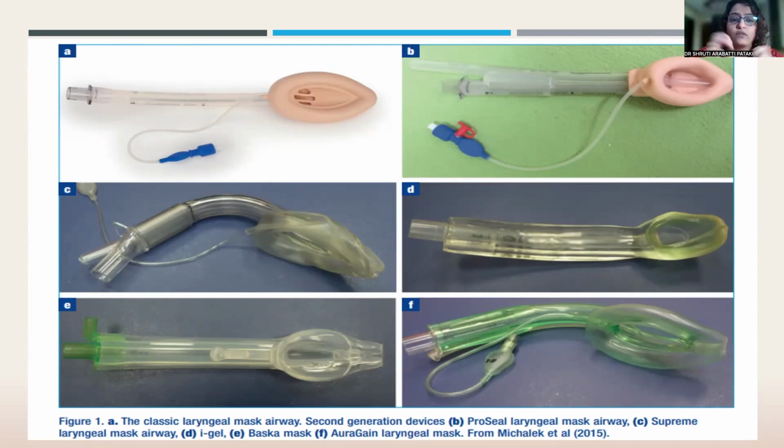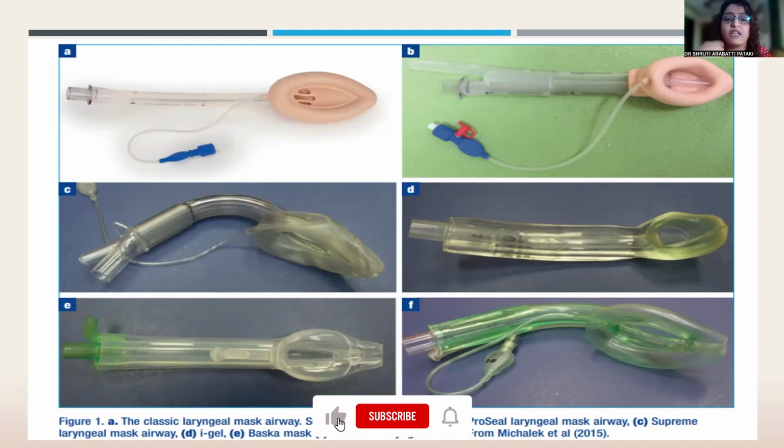If you inflate the whole thing, the cuff is going to get inflated and this is going to generate a certain amount of pressure on the perilaryngeal structures. This is the cuff pressure, which should not exceed 60 centimeters of water pressure. Because if that happens, then it's going to cause a lot of ischemia on the perilaryngeal structures. Your patient is going to wake up with a sore throat, maybe even something that will take around 7 to 10 days to get better because there was a lot of ischemia, edema.